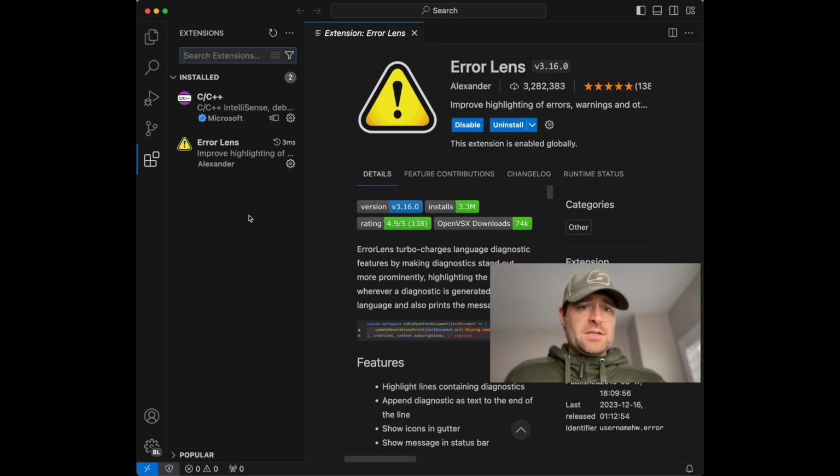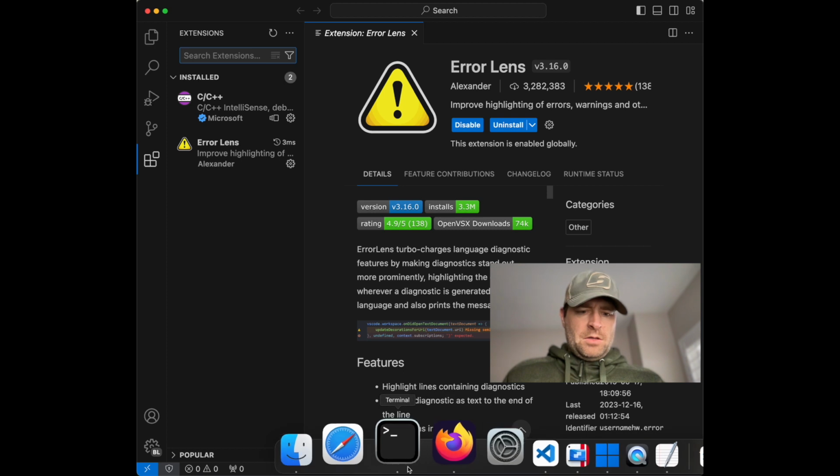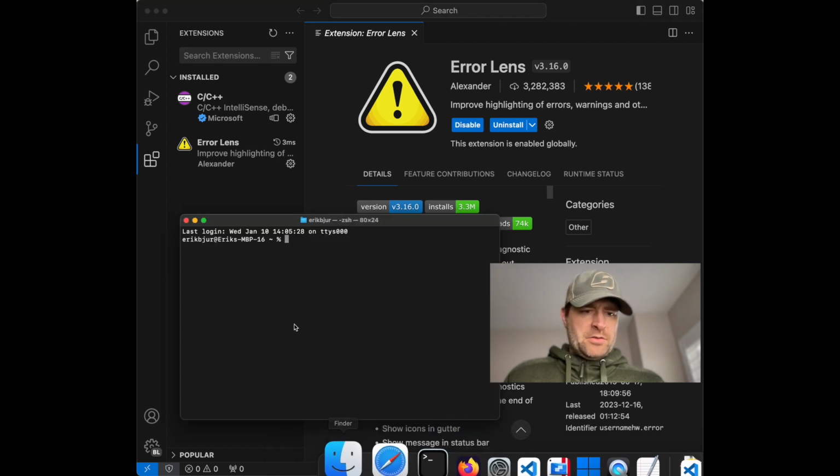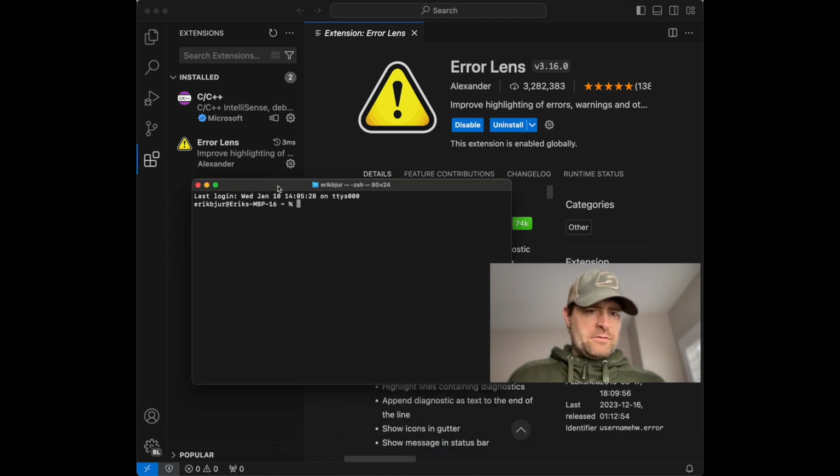The next thing we need is a compiler. So Visual Studio Code does not come with a C++ compiler. You need one of those. So the best way to do this, go to your terminal, and let's see if you have one first. So if you type the following, xcode-select